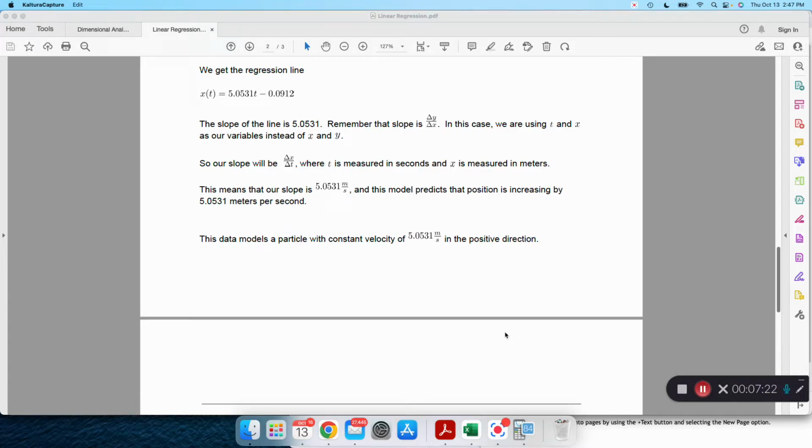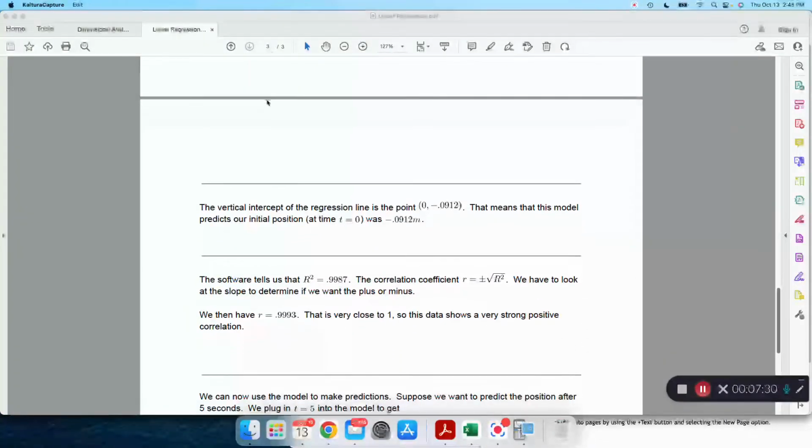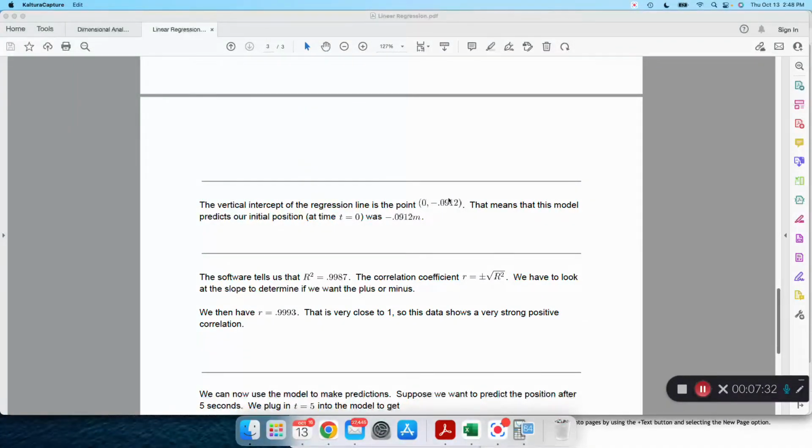So our vertical intercept here will be the point (0, -0.0912), which is negative. So that's our vertical intercept. That means that this model that we've produced, this line of best fit, predicts that when t equals 0, remember these points are t, x, at t equals 0, our position was that number, negative